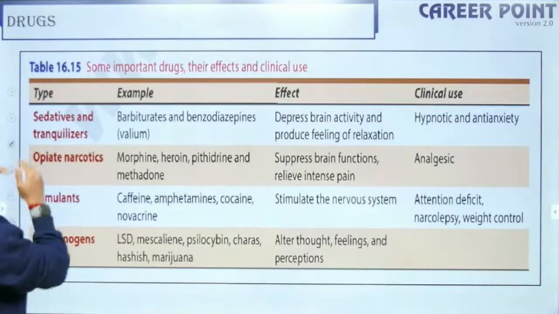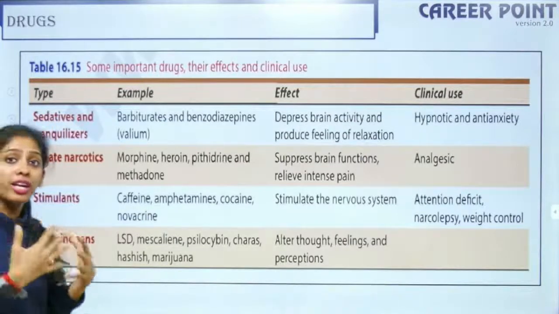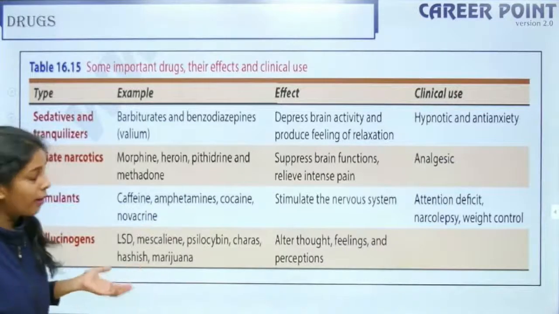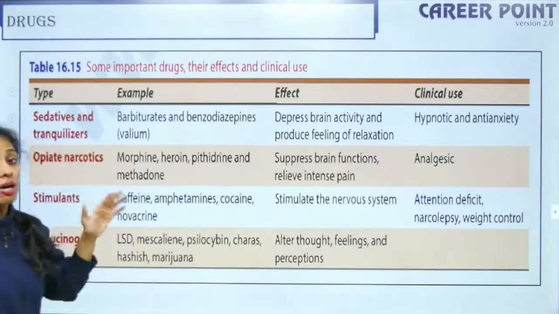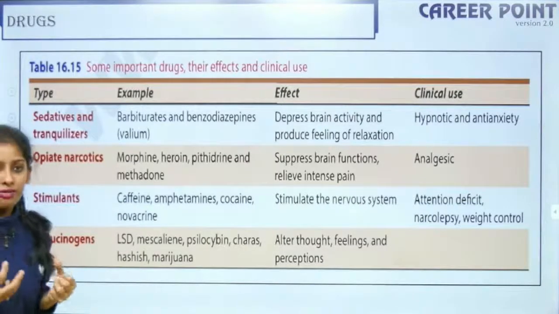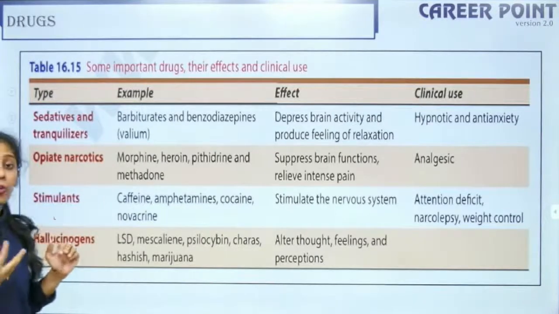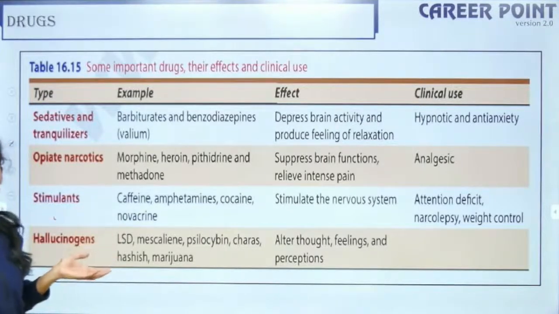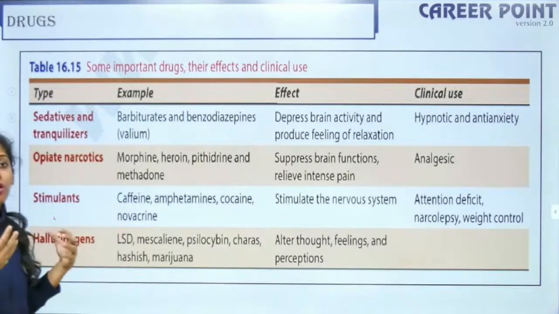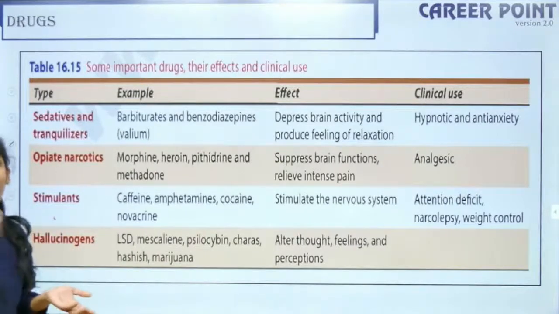Fine. So you have the sedatives and tranquilizers. Sedatives make you forget, take you into a state where you don't know where you are or who you are. Tranquilizers calm you down. Opiate narcotics are pain relievers, which can make you forget the pain, right? Stimulants can make you work more, like you have coffee the night before your exam. Hallucinogens can make you think, this person was here, I saw this incident, but actually it did not happen.